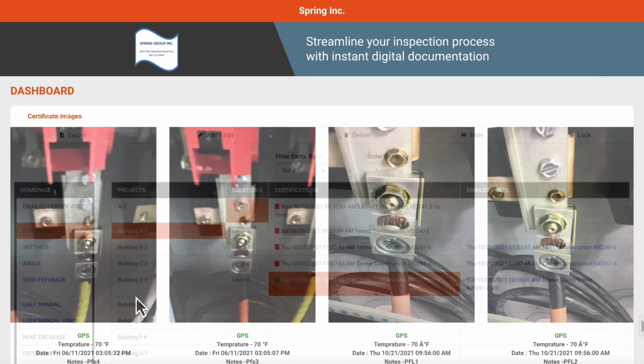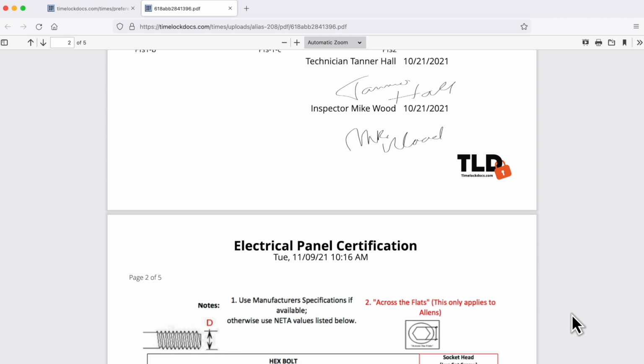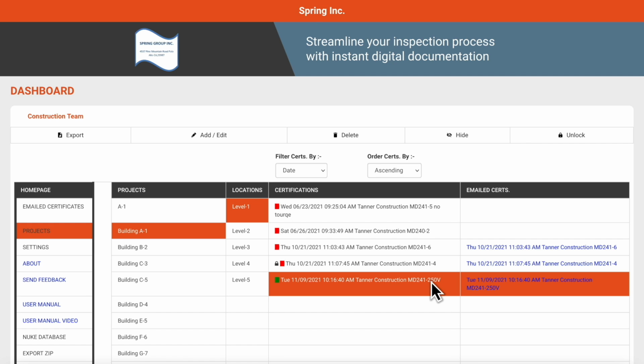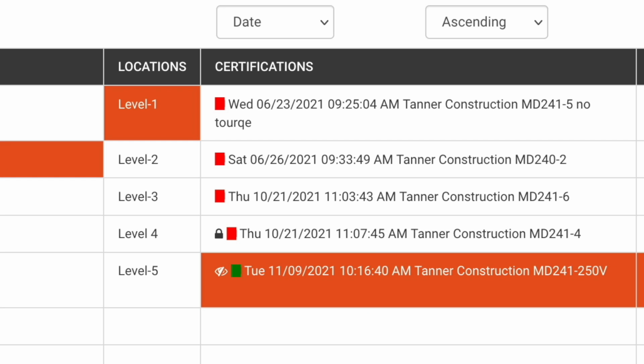You can even view the full emailed certifications in the emailed certs column on the right side of the dashboard. These documents open in a separate tab for easy viewing and downloading. All items, from project folders to certifications, can be locked to prevent editing, or hidden from app users. Simply select the item you want to lock or hide and click the appropriate button. You'll be able to see which items are locked or hidden using the icons that appear next to their names